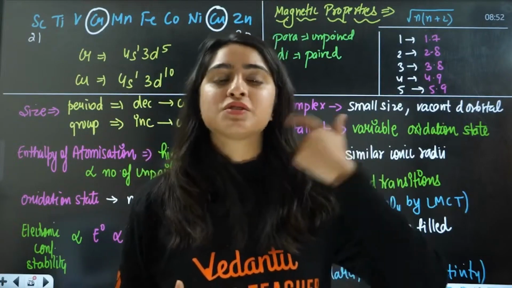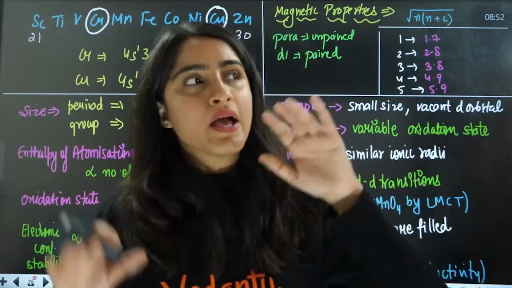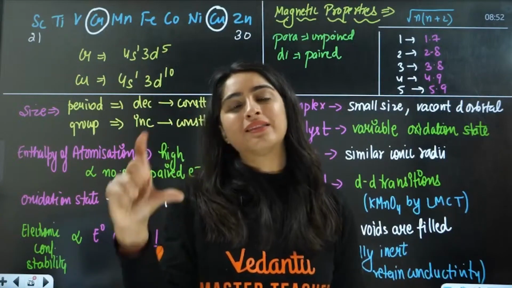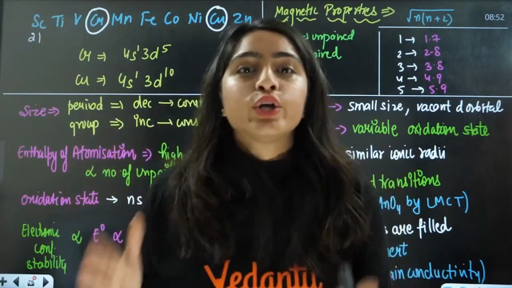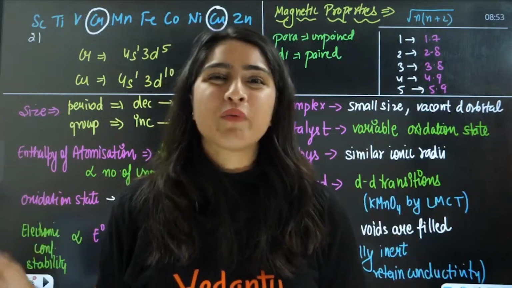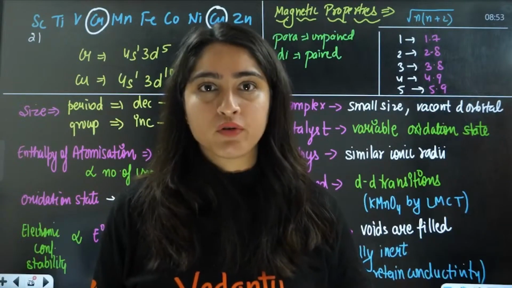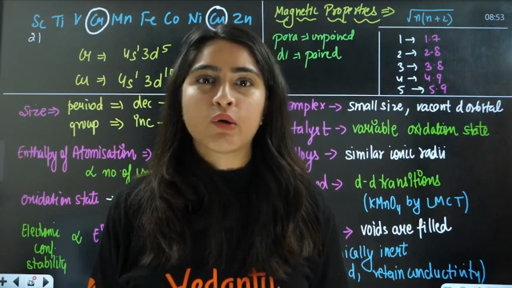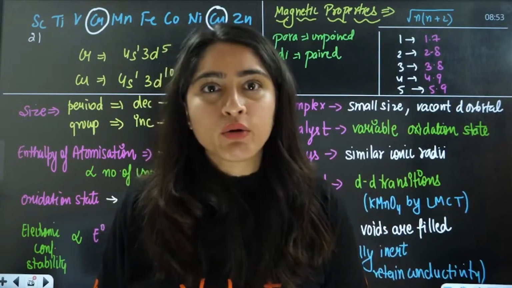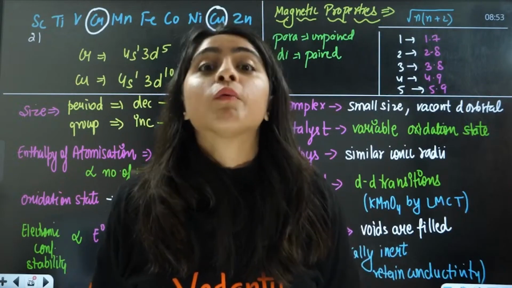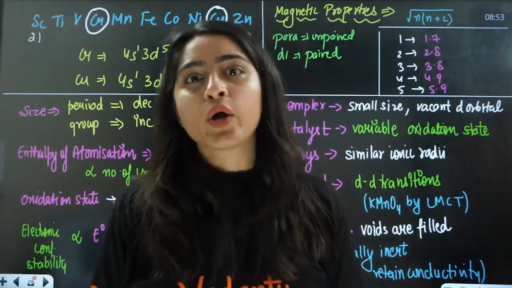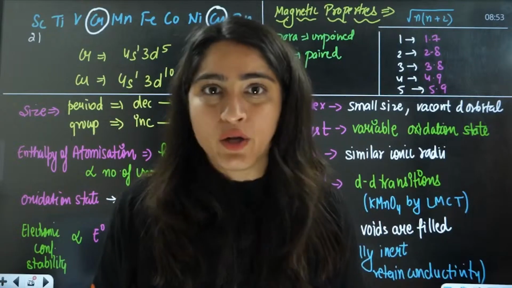How to keep calm? This is my strategy. I always used to tell myself that I have done my 100%. One thing I always believe in: do your 100%, and be prepared for the worst. I know this may sound very negative, that ma'am is saying be prepared for the worst. But when you're ready for the worst, what worst is going to happen? You won't be able to clear. What if you won't be able to clear? Nothing, nobody is going to kill you after that. You will score less marks. Nobody is going to kill you after that.